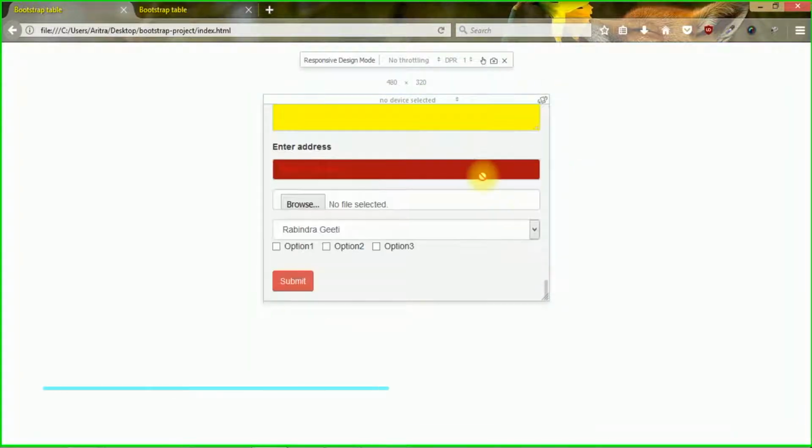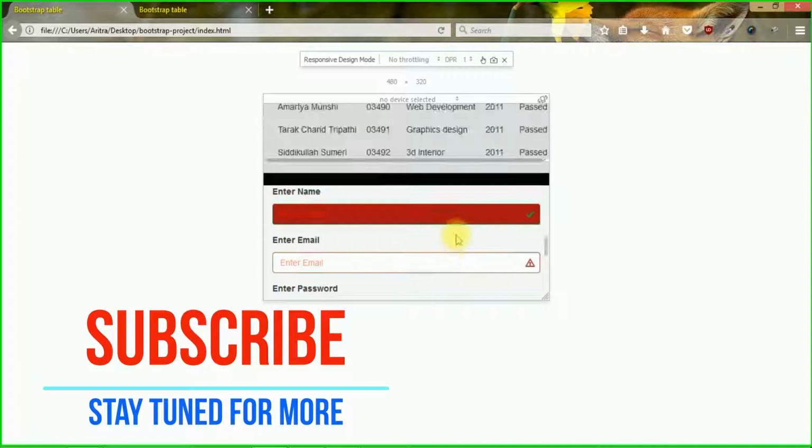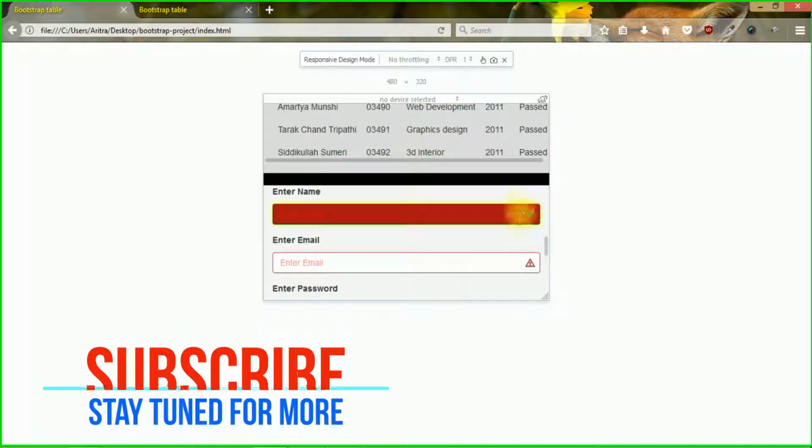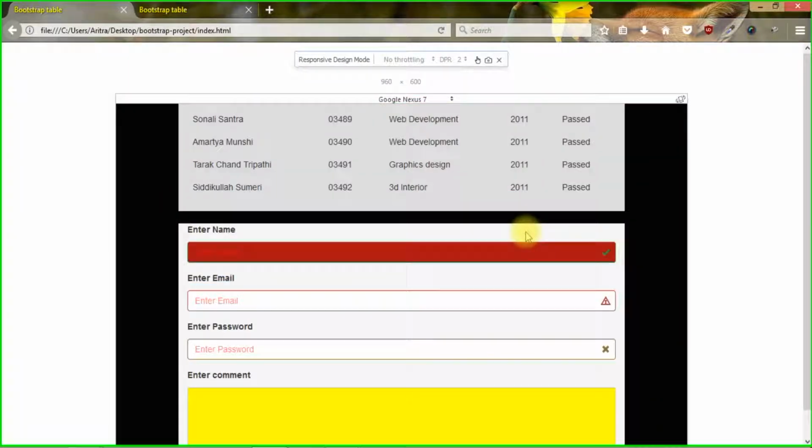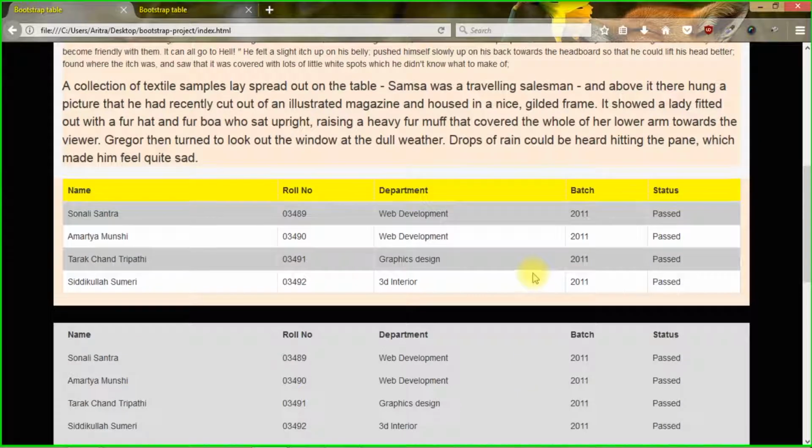Just now you rotate and you can see that this thing is executing exact properties as we can see here. Rotate again. You see, under any condition, under any dimension or definition, it is practically executing the same exact thing. So there's no problem with it. Press Ctrl Shift M and get back to your original preview.